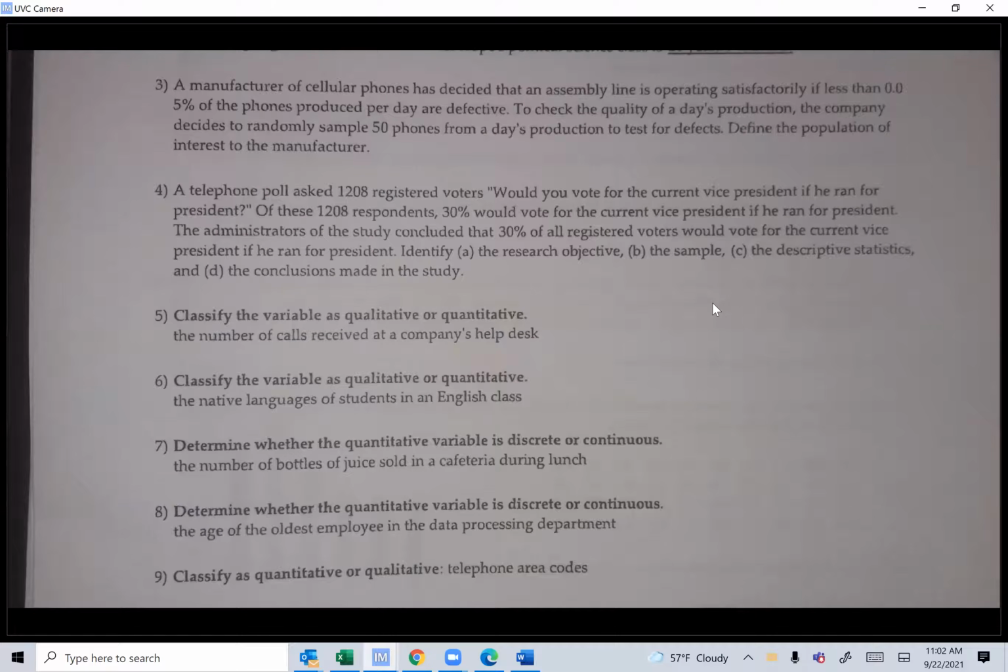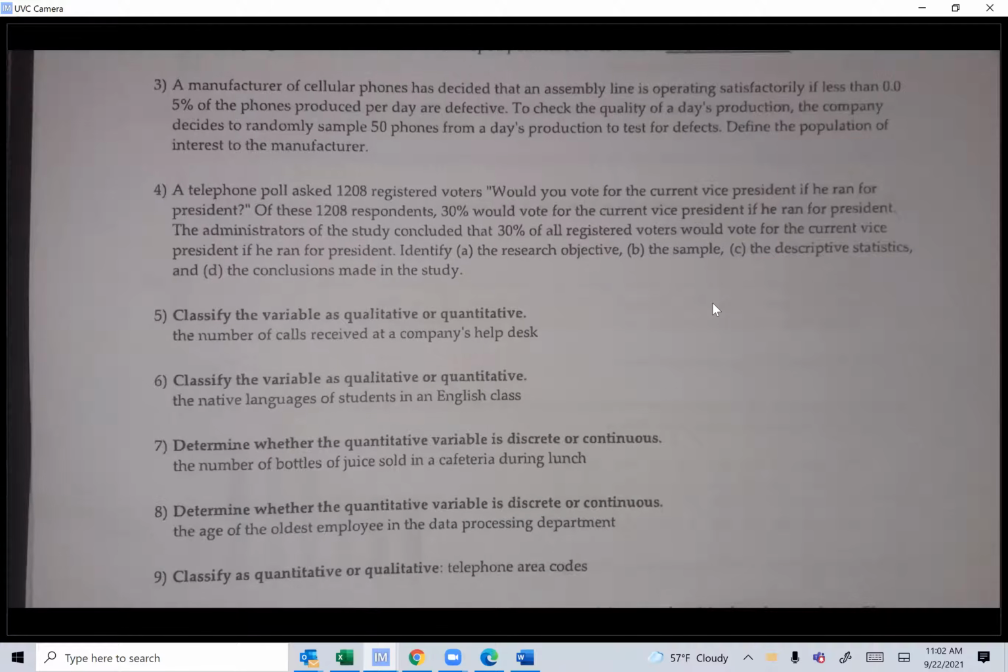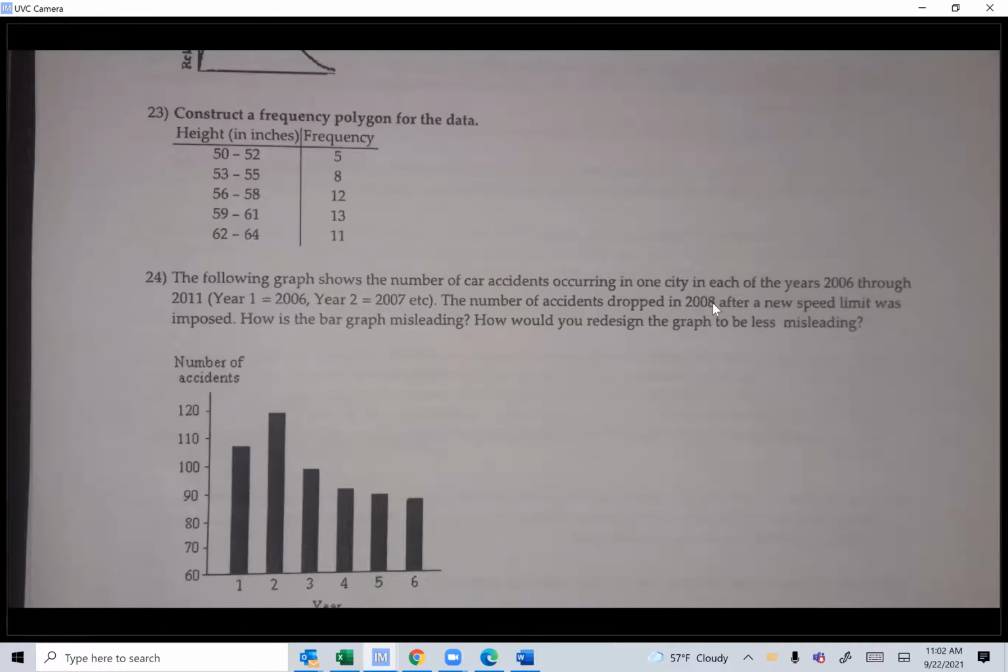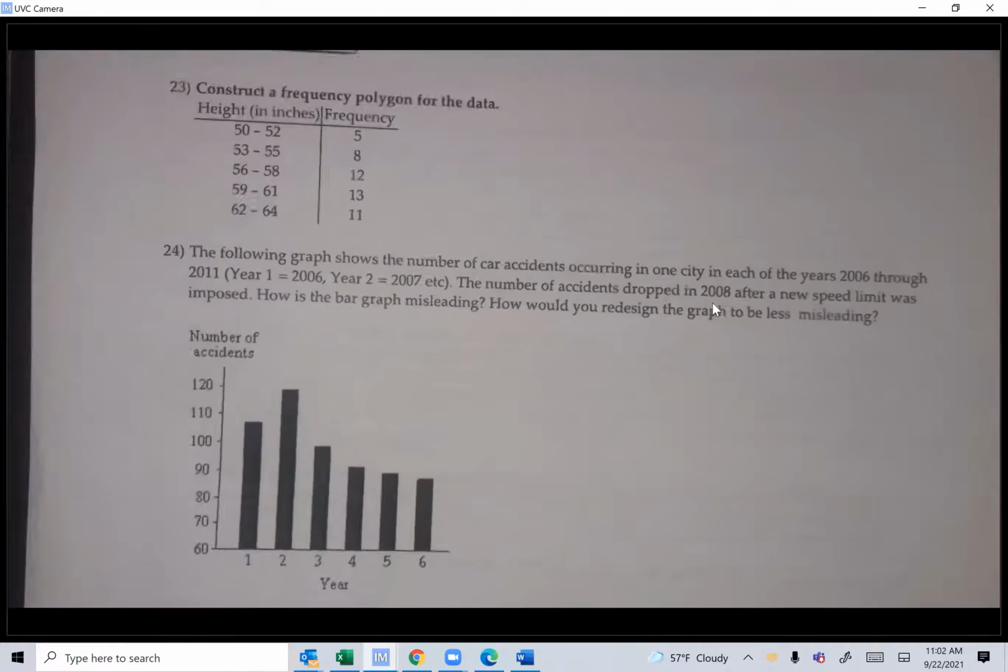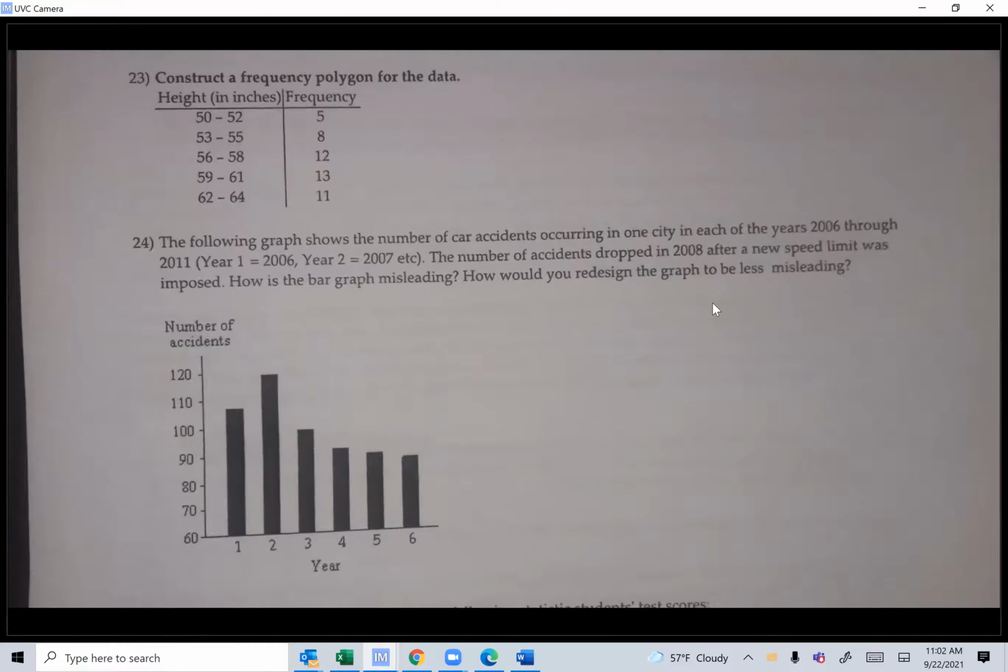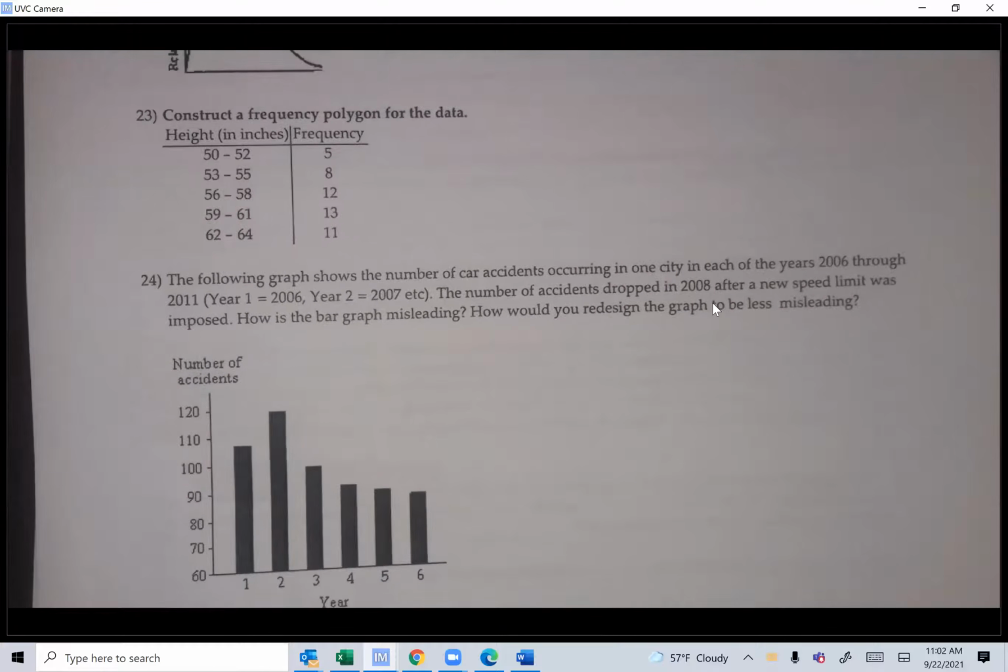All right, so these we did very similar. I'm gonna skip those. Same thing here. We did